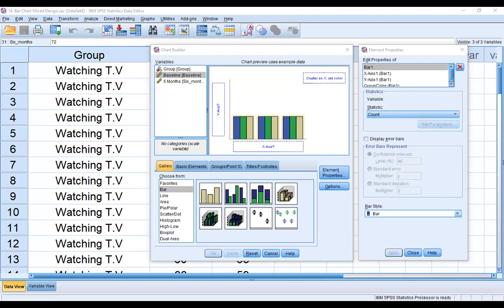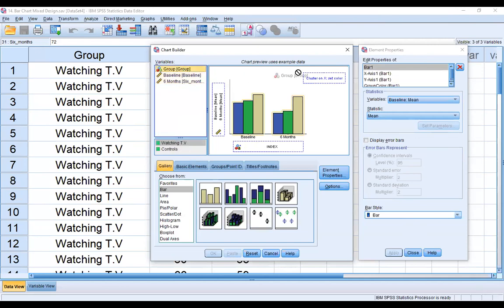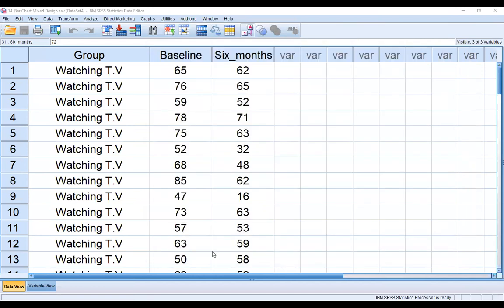Here we take both variables, baseline and 6 months, on the y-axis, and then group on the x-axis in a clustered way, and then OK. And after OK, we can see the output.